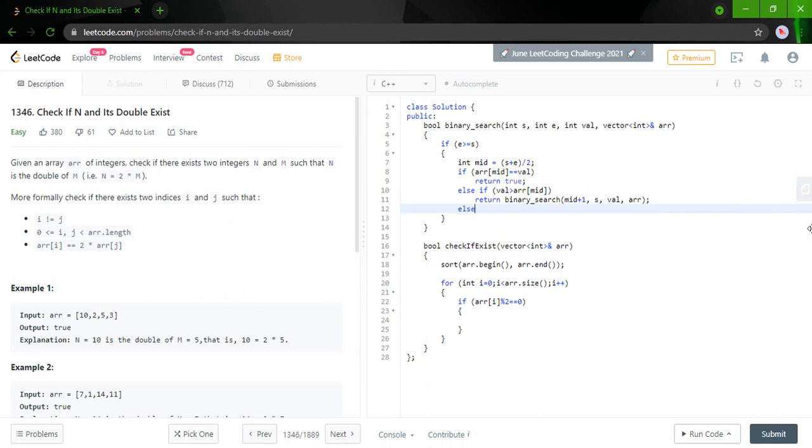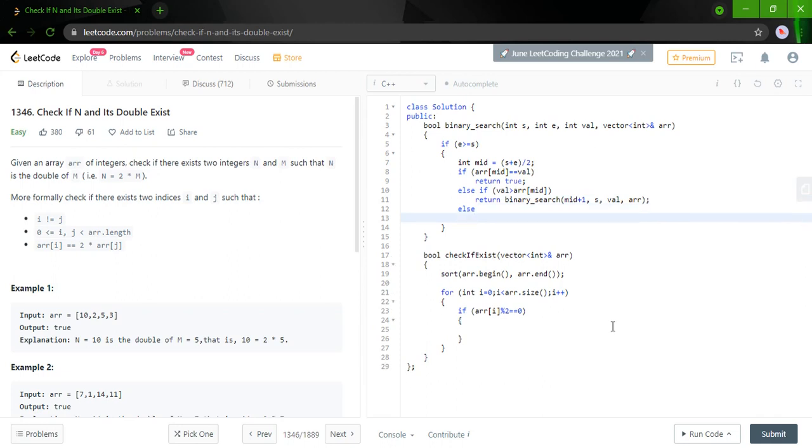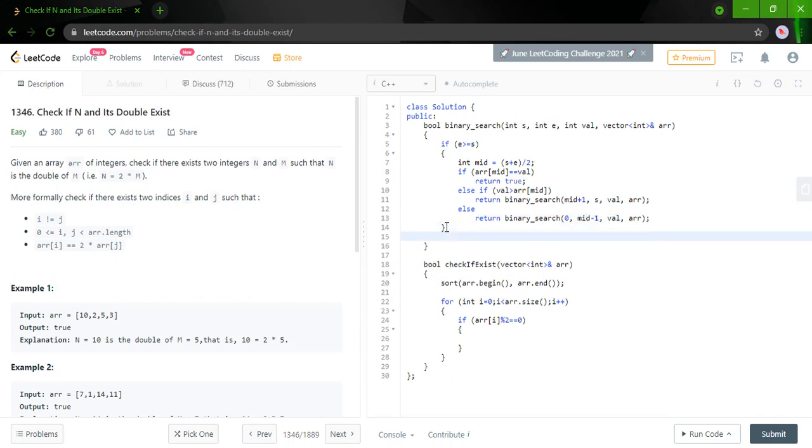Else, which is the last condition where the val is less than arr of mid, that means we are going to check on the left side. I'll just copy this return statement. Left side, that means from the start up until mid minus 1, and if we still don't find it, we're just going to return false.